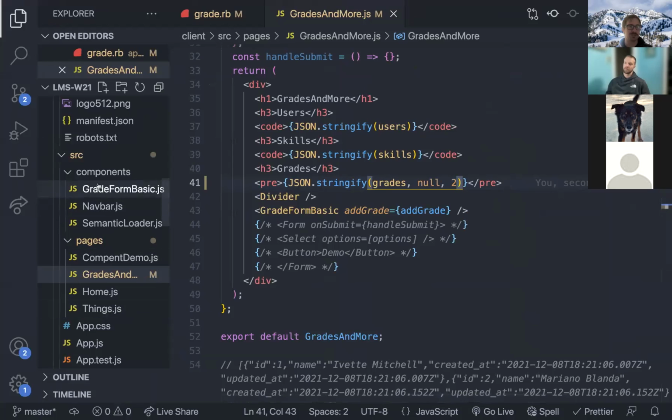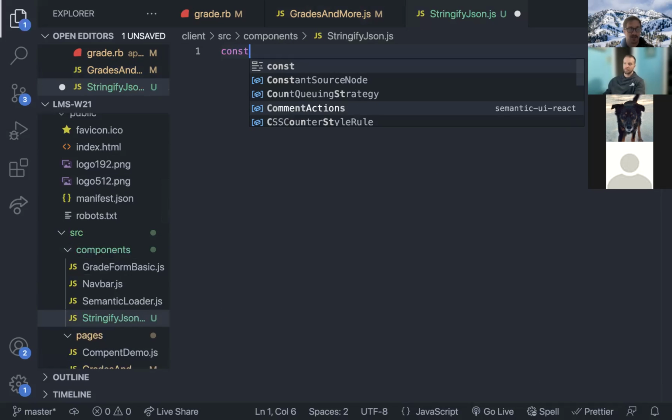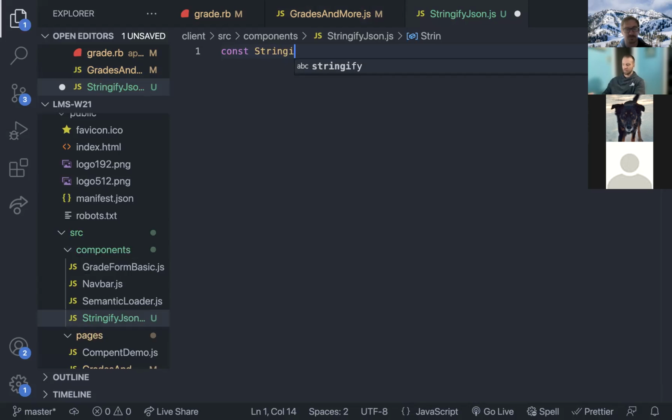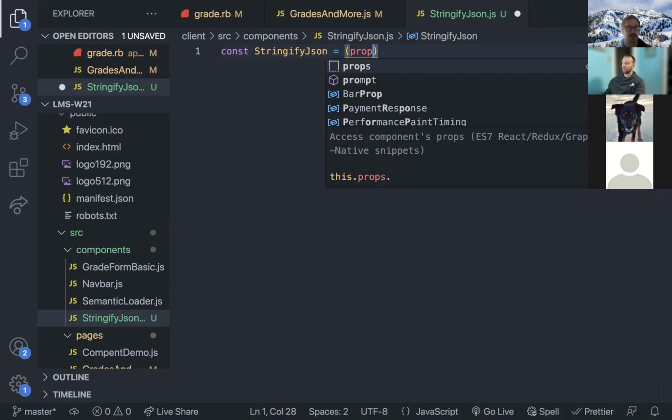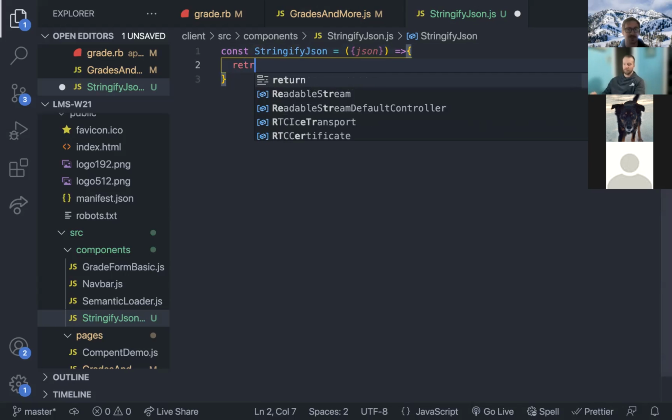So what I'm going to do is create a component. It's called stringifyJSON.js. This is going to be a React component. I'm going to destructure right here. Instead of doing props, I'm going to say this is going to get a JSON prop. That's what I'm going to call it. And then this is going to return